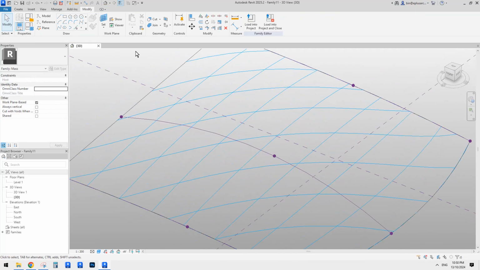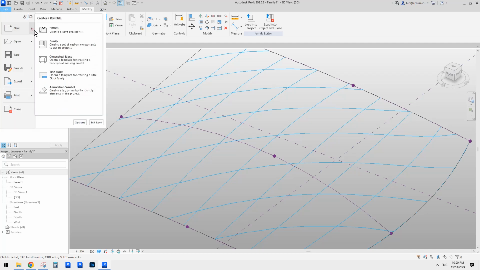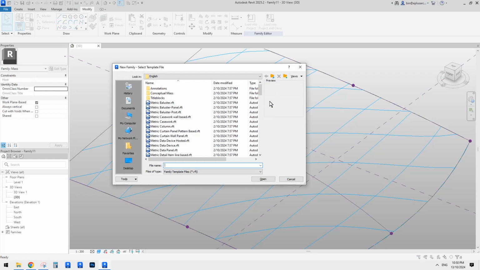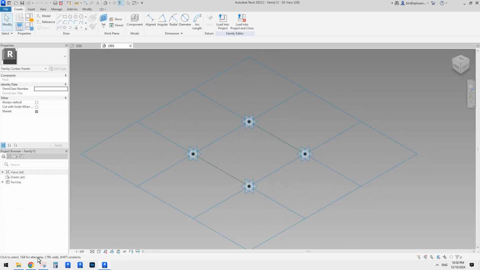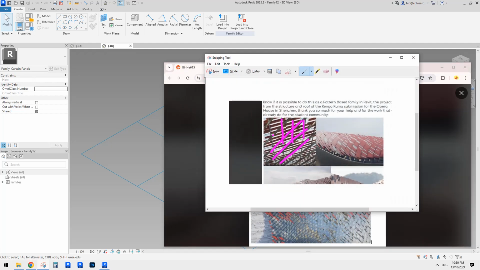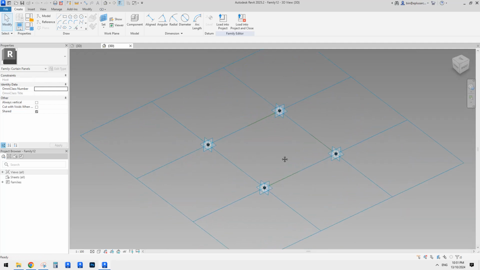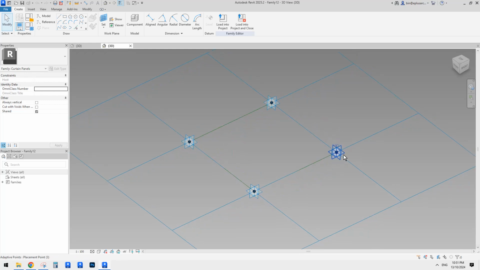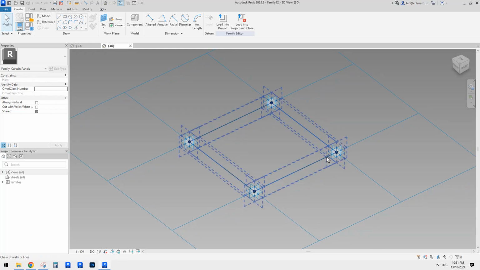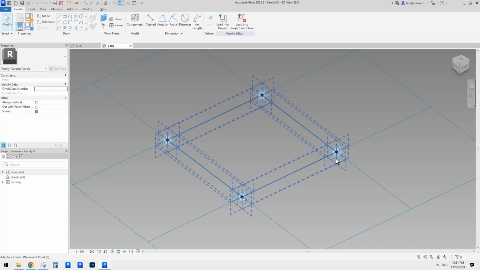And then we need to create a new pattern-based family. Okay, so let's use this one, generic model, pattern-based. So for the structure under, it's very simple. We just need to place two, what do we call them, frames, or two beams